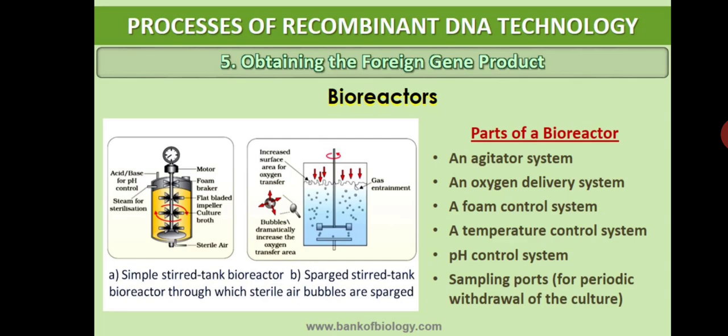For what purpose? Whatever recombinant DNA is produced by inserting the desired gene into the vector, that recombinant DNA has to be inserted into the host cell. For what purpose? Just to increase the number of the desired gene, just to multiply the desired gene. For that purpose we are inserting the recombinant DNA into the host cell, and that host cell you have to